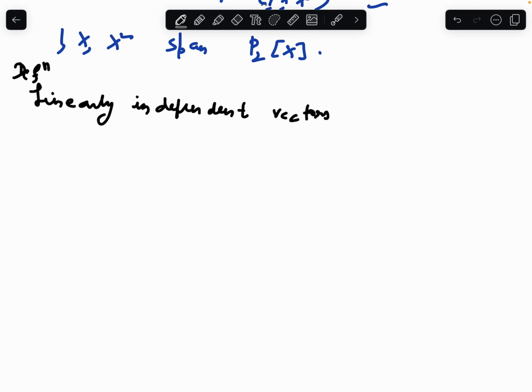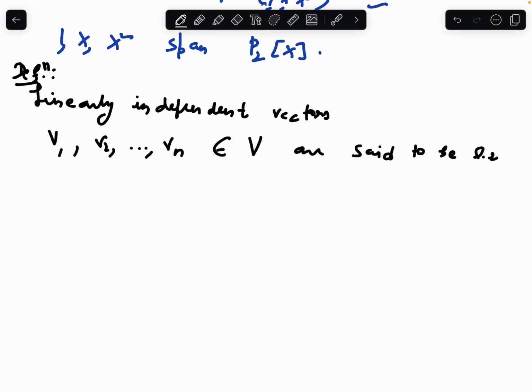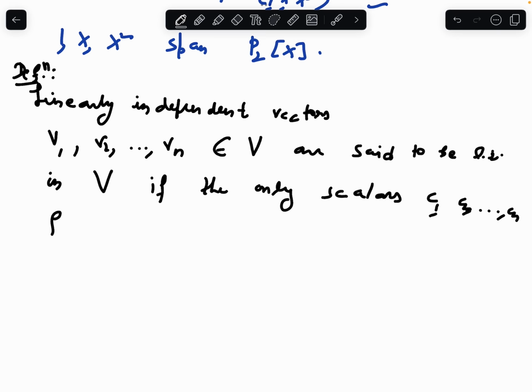So vectors v1, v2, v3, up to vn are said to be linearly independent in V if the only scalars for which